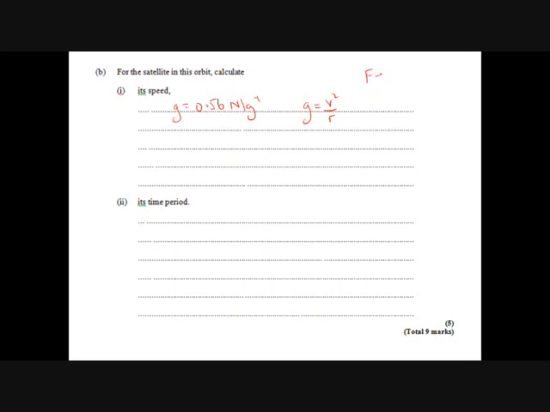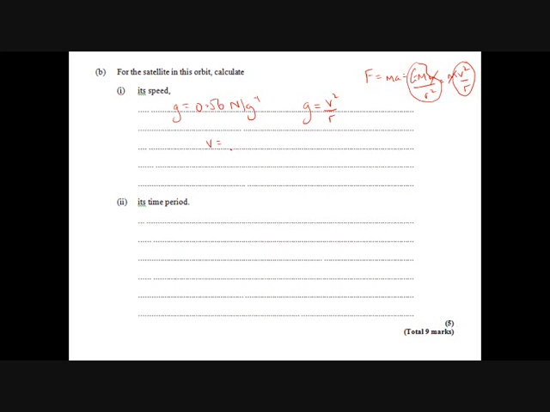This is F equals ma, and this is GM over r squared equals mv squared over r. So you can cancel out the m's there. GM over r squared is what we just did to get the 0.56, that's v squared over r. Okay, so that gives you v